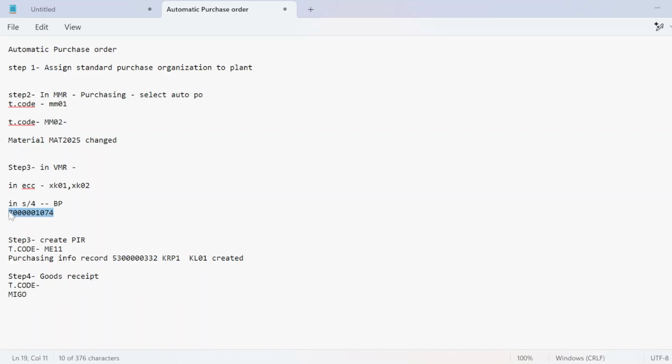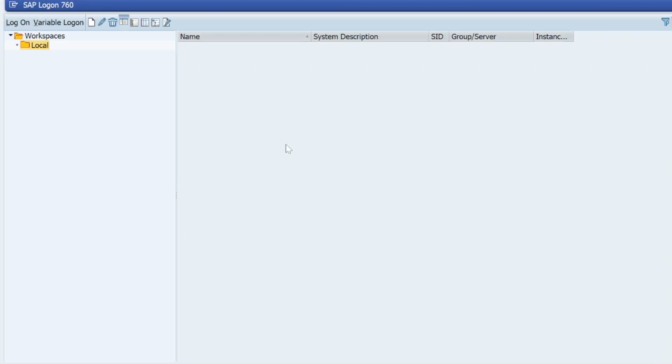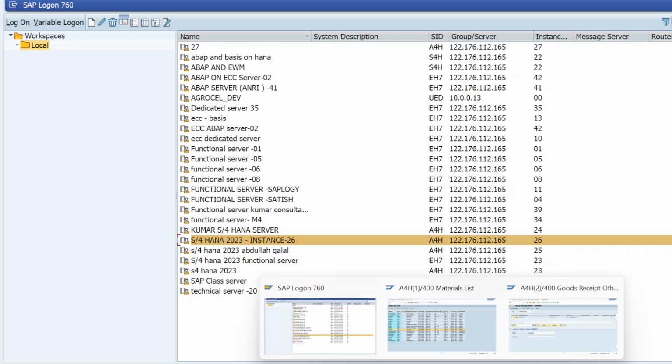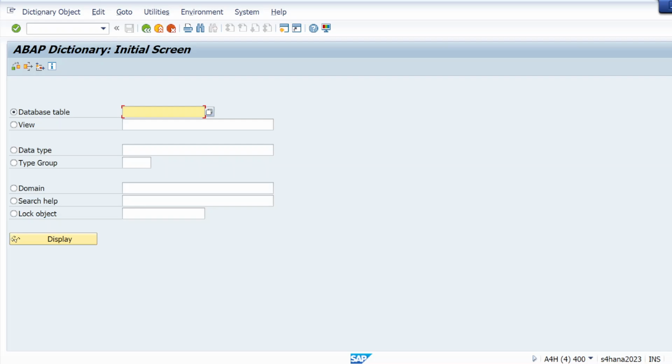Let me check. Let me use T code SC12 or SC16.